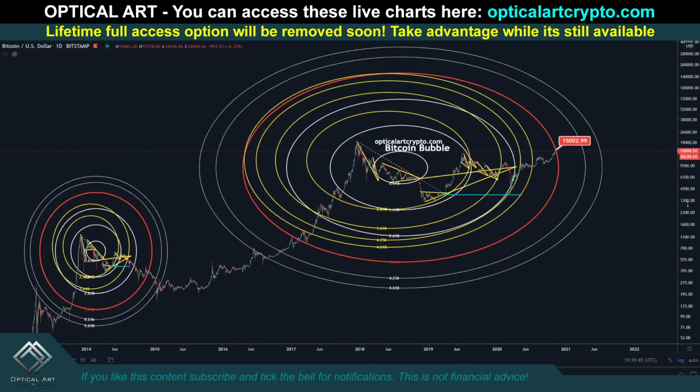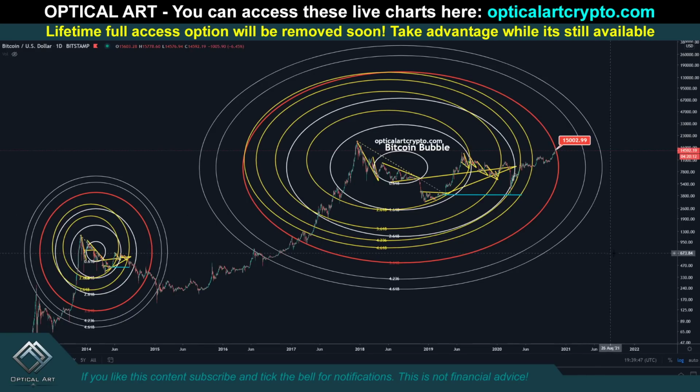And again, this is the Bitcoin bubble chart. I actually made a video about this. I'm going to cover this in another video. I want to show you this. So this is our previous bear market in our bull run, and this is where we topped out, 20,000. When I created this chart, all these fib circles are created the same way based on our previous bear market and our current bear market. But I would like to point out this